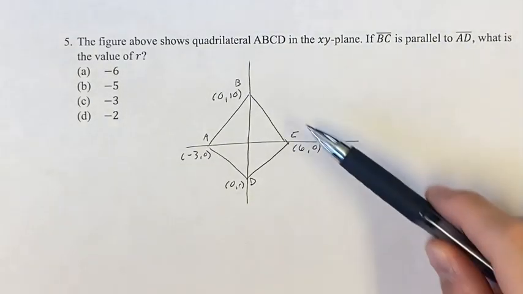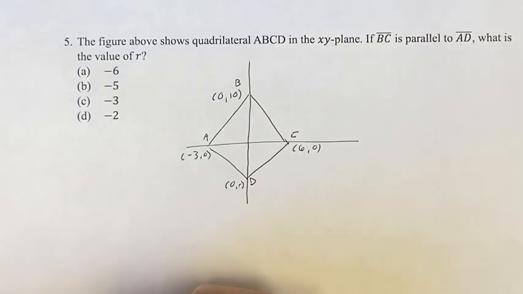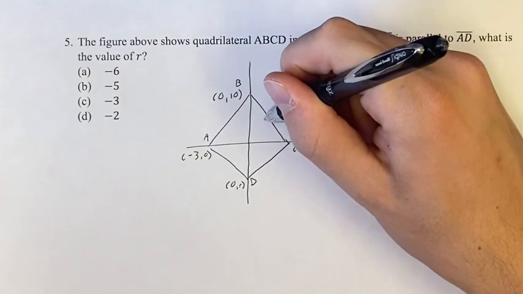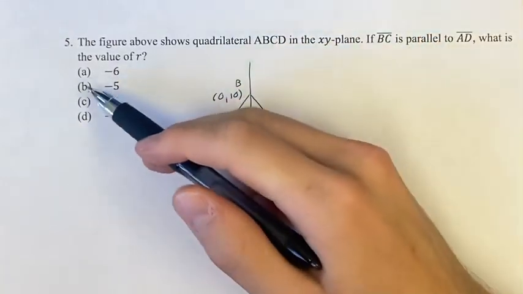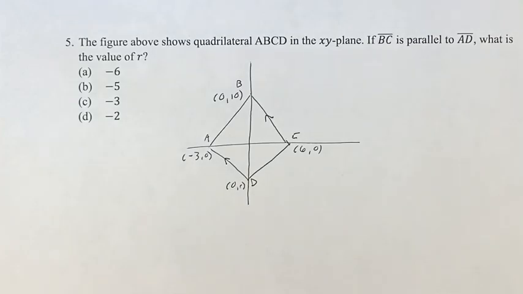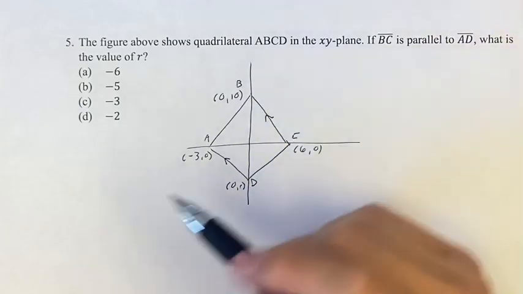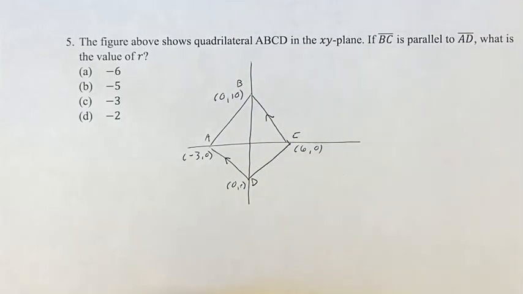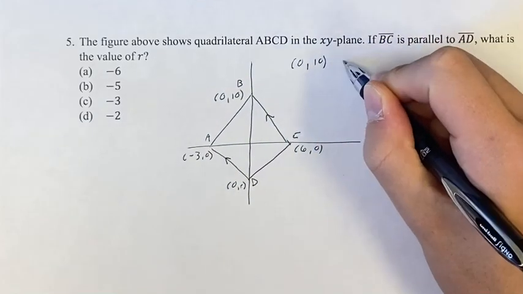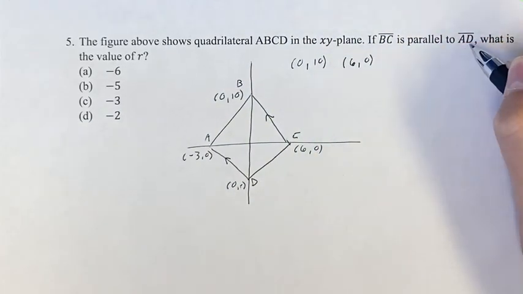In this problem, we're given quadrilateral ABCD in the XY plane. We're told if BC is parallel to AD, what is the value of R, where R is the y coordinate of point D? So if these two lines are parallel, then that means they have the same slope. So if we find the slope of BC, where we have 2 points, (0, 10) and (6, 0), we